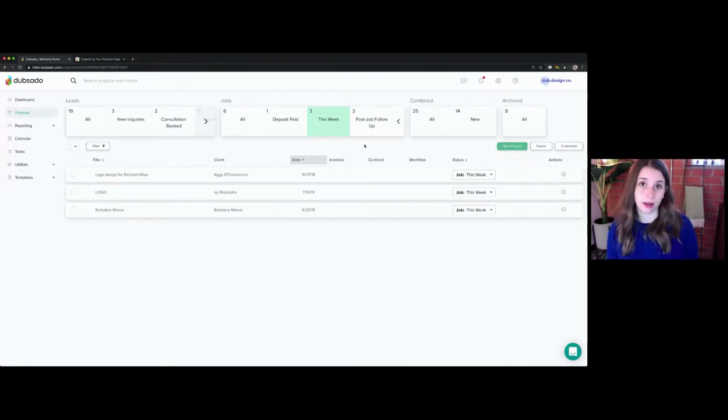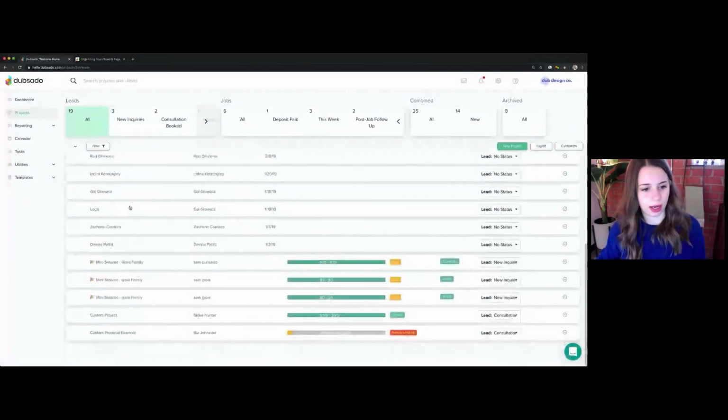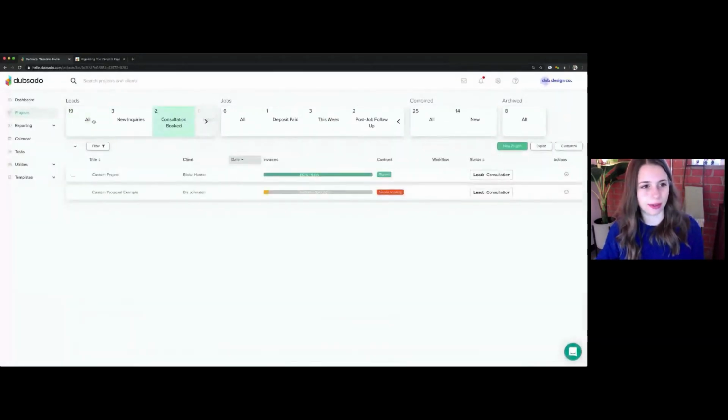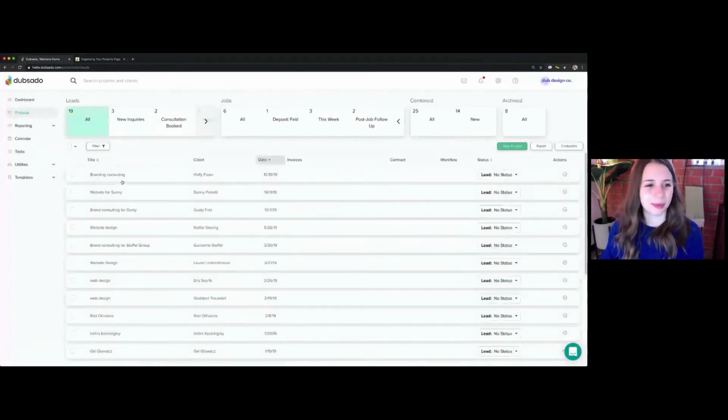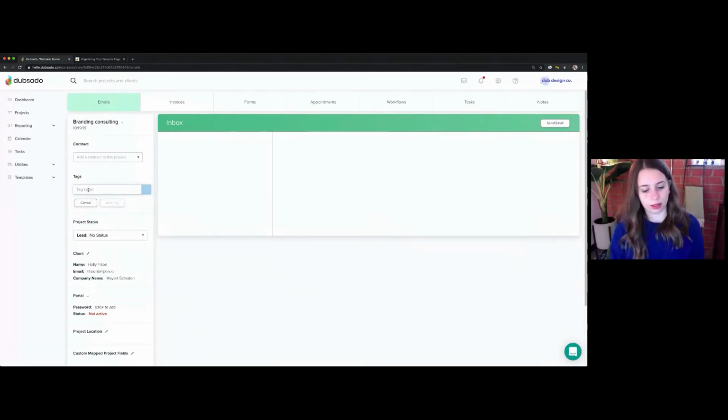Project tags, on the other hand, are used for helping you categorize your projects. What type of project is it that you're working with? Those tags can be seen when you're looking at the projects page. I think I may have archived the only one with a tag, but let's pull one up here. Looks like this is a branding consulting project, and it doesn't have any tags on it. I have a few example tags created, but I can create a new tag for my consulting